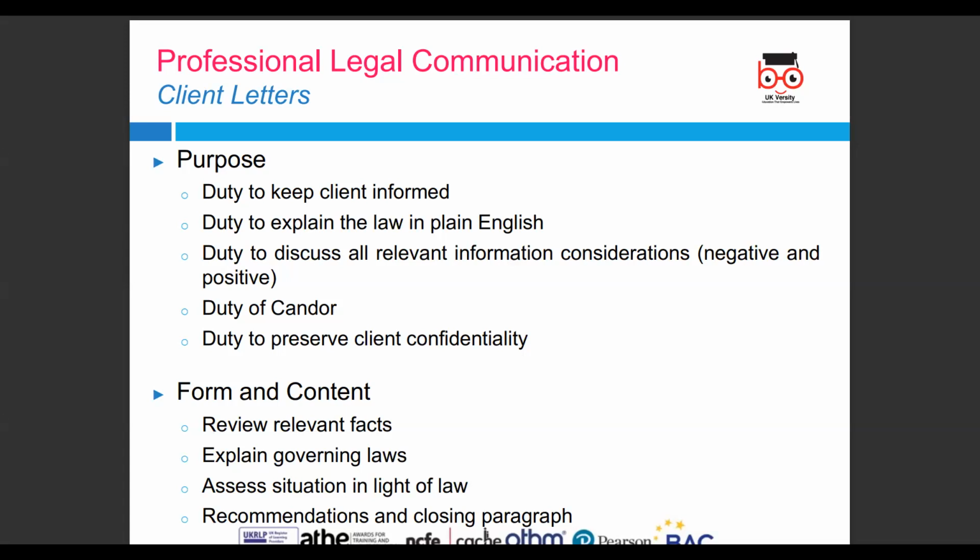Number 4, do they explain what is going to happen and when? It can be difficult to give an exact timescale for completion of a matter. However, you should at least be able to give the client some idea of it, between 2 brackets or split into different eventualities. Also, the SRA look at whether it is clear how much the matter is going to cost. So you must give the client the best possible information about what their legal matter is going to cost overall.